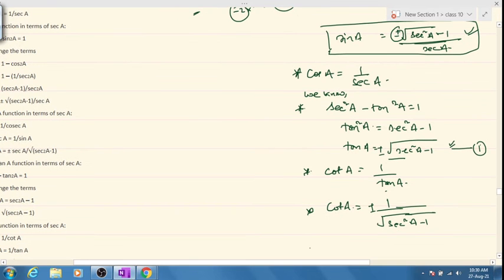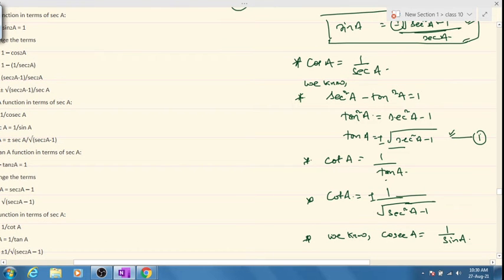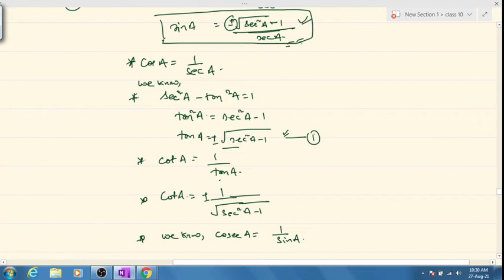Can we convert cosec? We again know that cosec A is equals to 1 by sine A. So here we have converted sine A, right? This one. So you name this equation 2. So what will we write out here? From equation 2 we'll have sec A divided by plus minus root over sec square A minus 1. Reason being from 2. Clear? Yes or no? I think we are done with all.